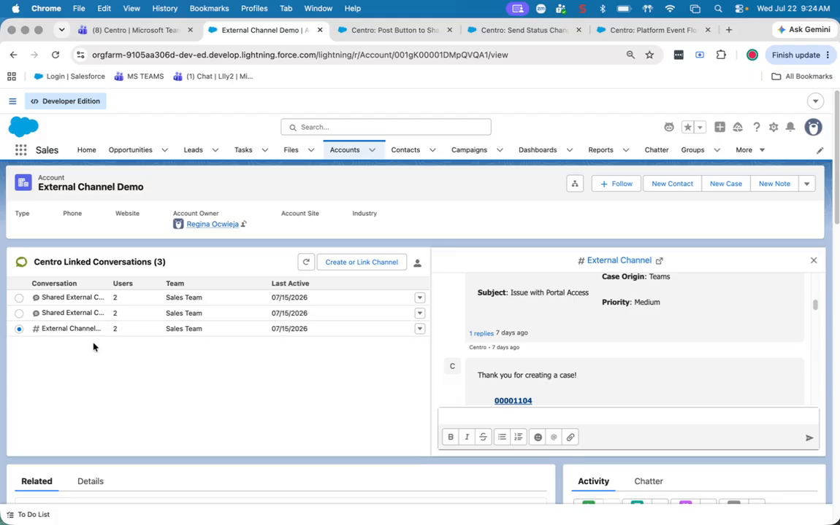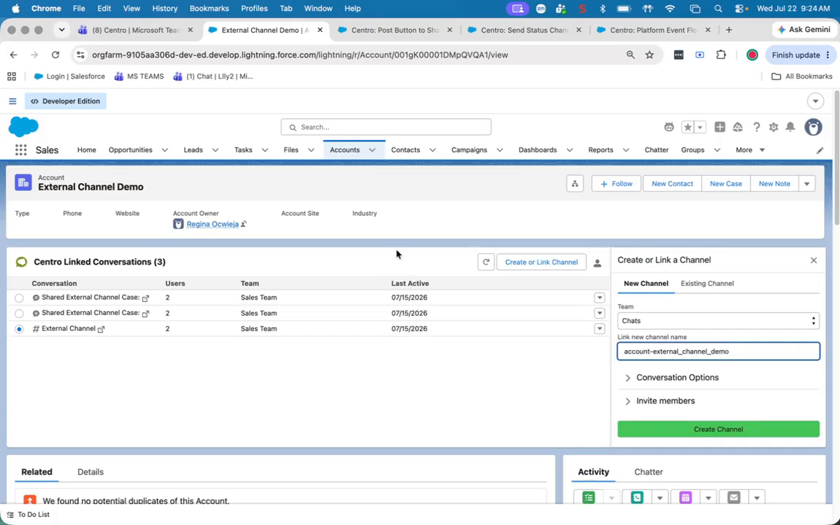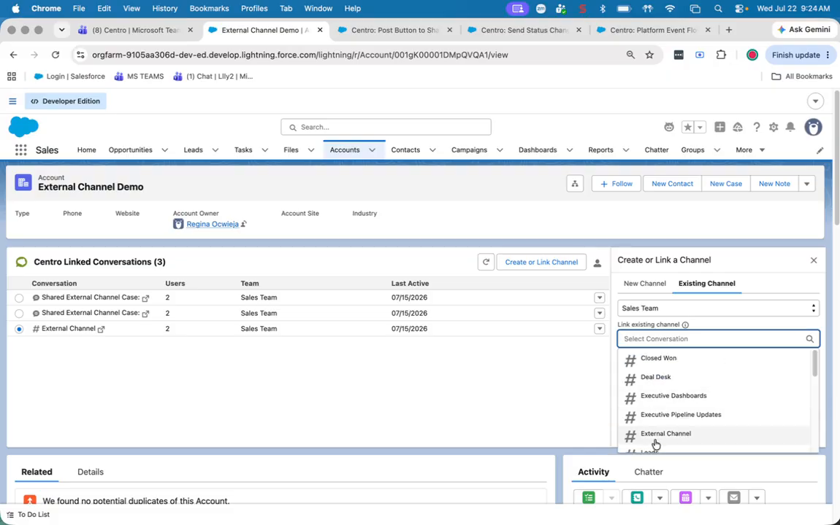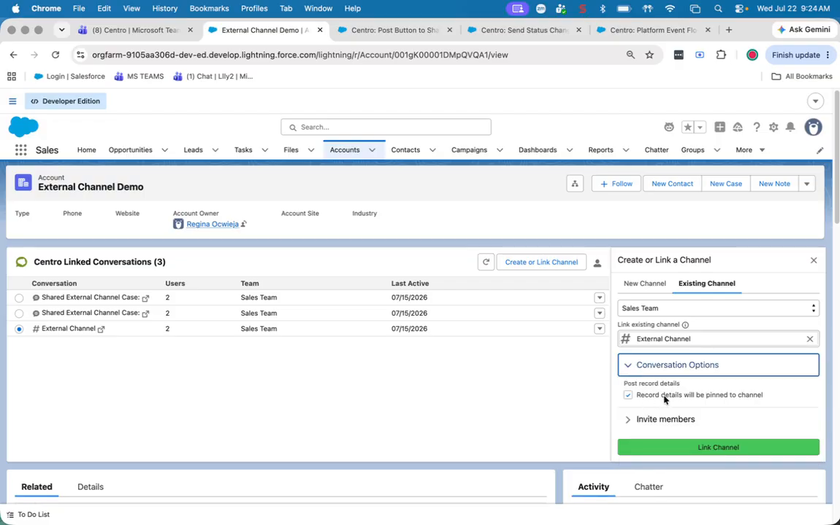So once you have your external channel set up, again, you can do this through automation, but manually, you go ahead and do the existing channel, find the channel in which you want to link, so the external channel, and then go ahead and link that conversation. Here, one thing to be careful of is you probably don't want to post the record details to that. So make sure you either turn that off in the design time settings or unselect the checkbox here. Click that link, and that means that merge tag of the linked account ID will now work. That's the first step to setting up external channel support using Centro and